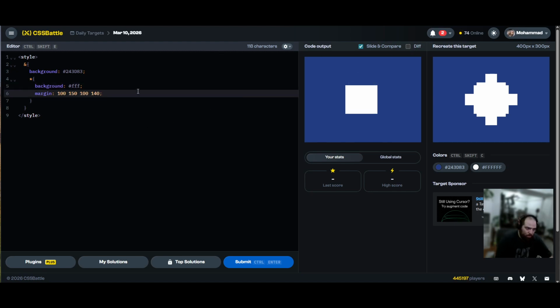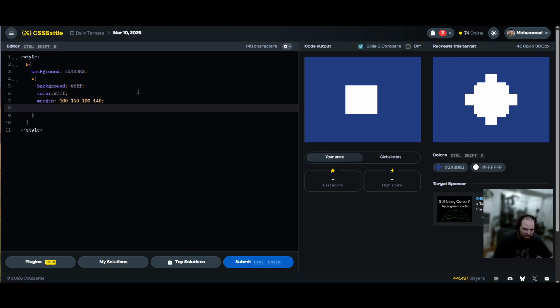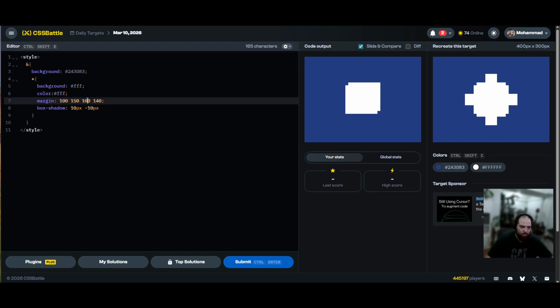So we're gonna go with color. Also, I just want to double check by default if it's white or black. I think it's black. But anyway, we'll go box shadow, and we're gonna shift this over 10, 10 px, and then up 10. So I think it has to be narrower by 10 then. Of course. Yes, it does. So if I go 90,